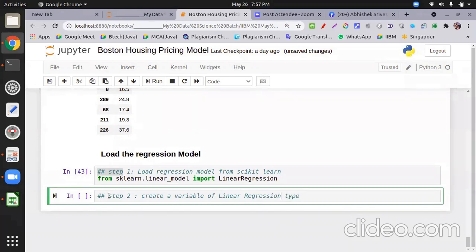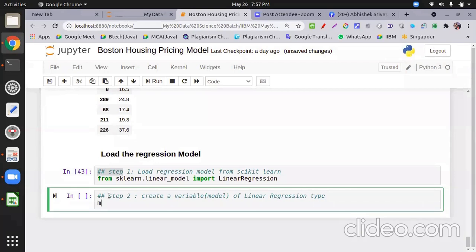What we can say, create a variable, its name is model. Okay, model variable of regression type. So what I do, model equal to LinearRegression.